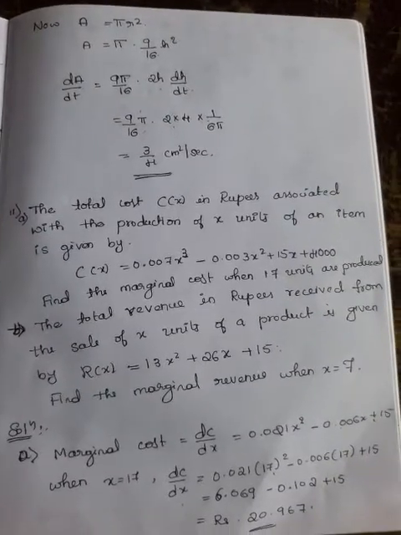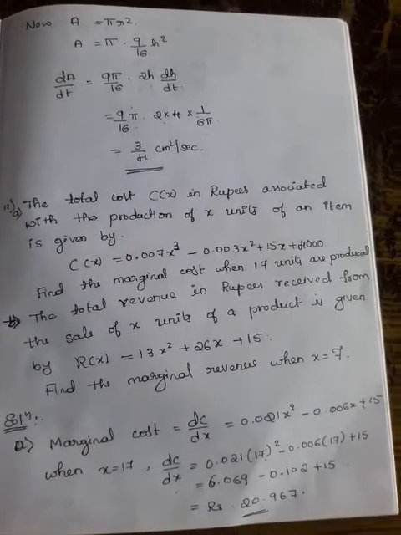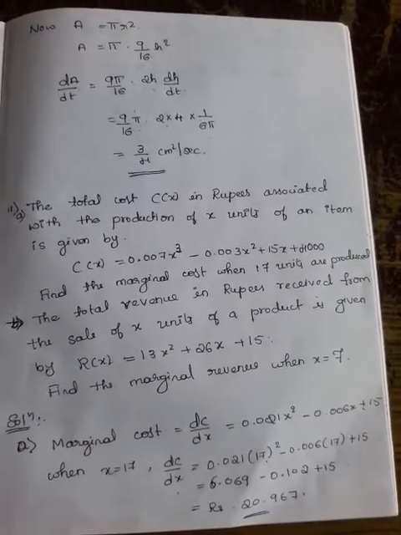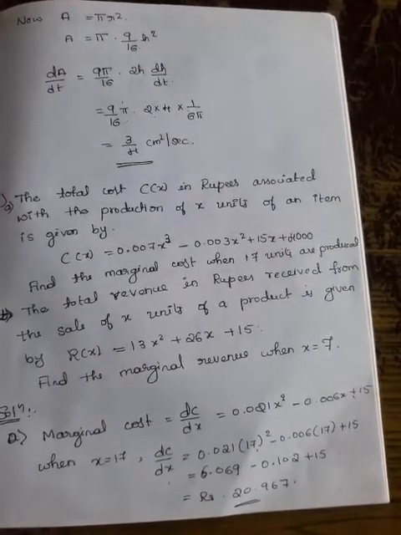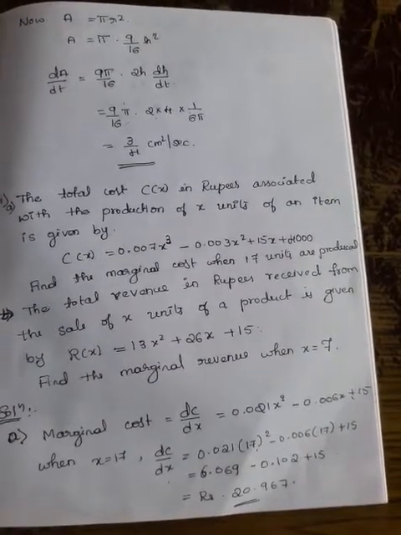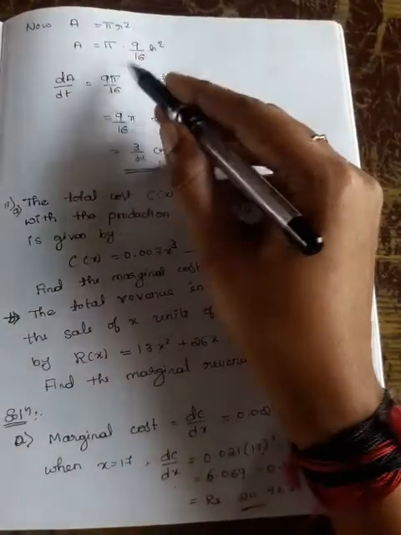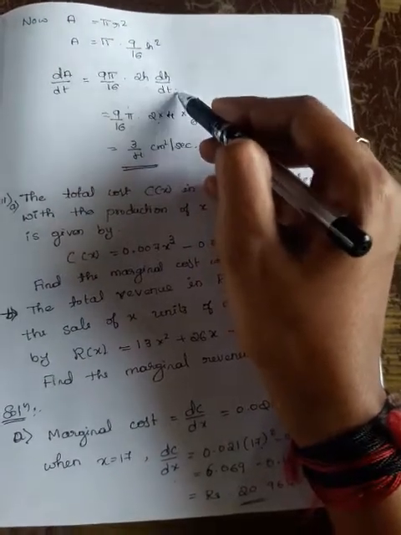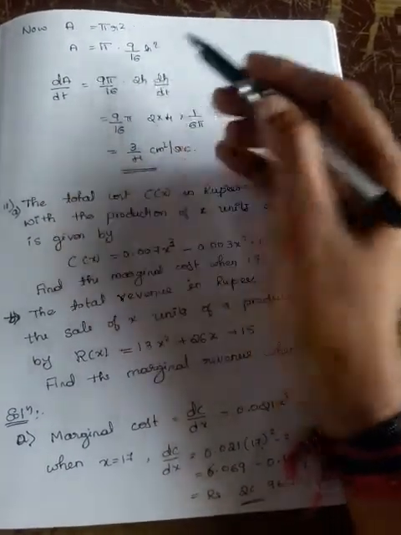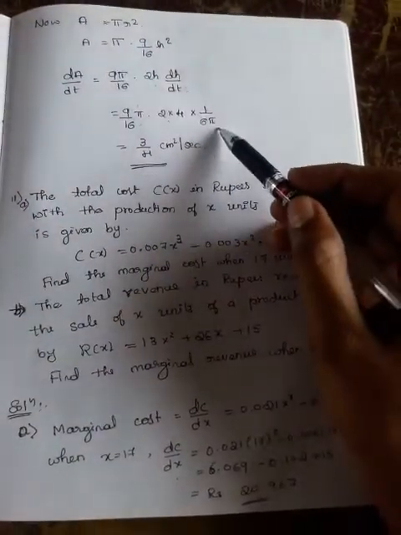And also we have to find the rate of change of the surface of the water, that is A is equal to pi r square, because the surface of the water is in circular shape. Then A is equal to pi into r value, that is 3 by 4 h whole square, 9 by 16 h square. Now differentiate with respect to t, we will get 9 pi by 16 is a constant. Differentiation of h square is 2h into dh by dt. At h is equal to 4, dh by dt is just obtained, it is 1 by 6 pi.